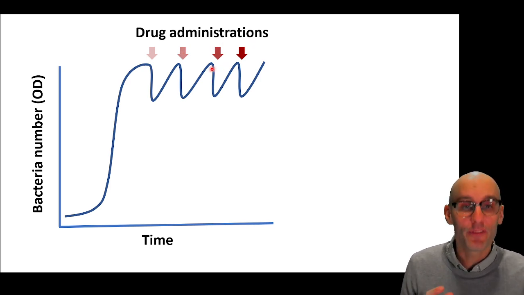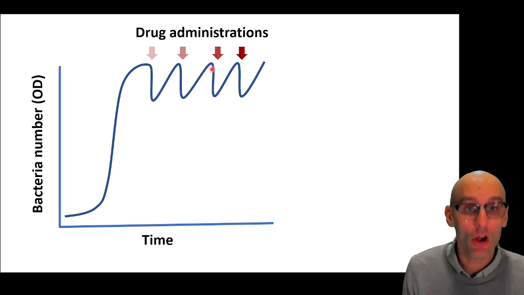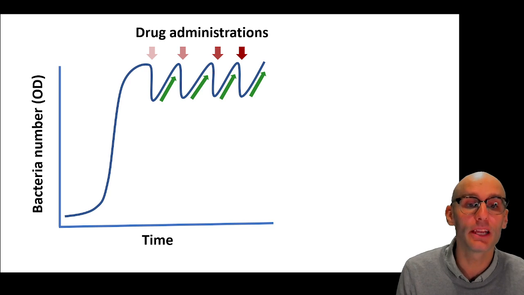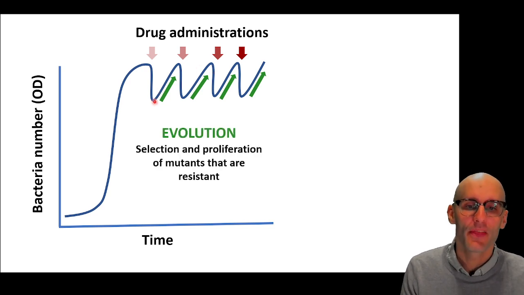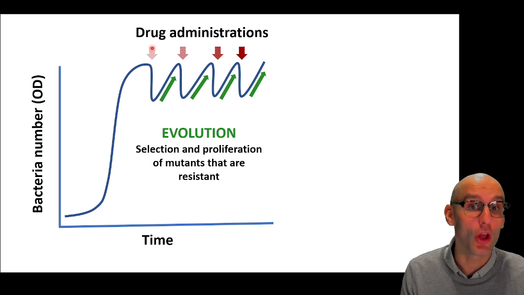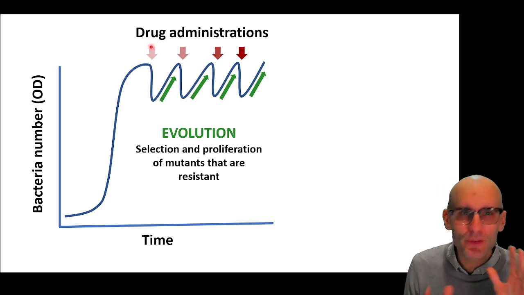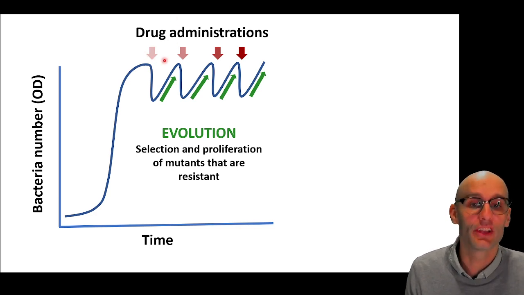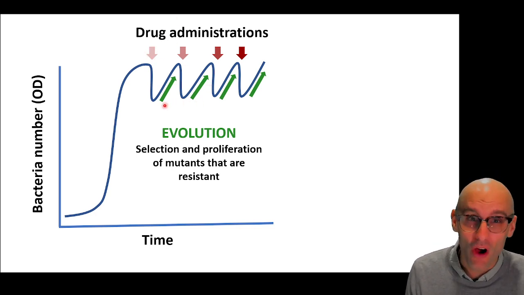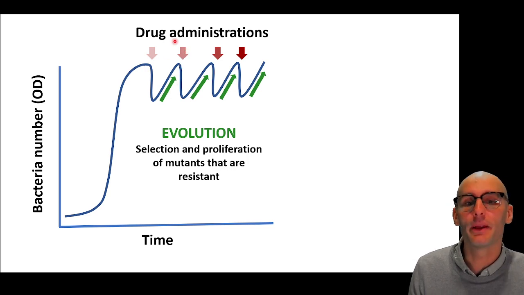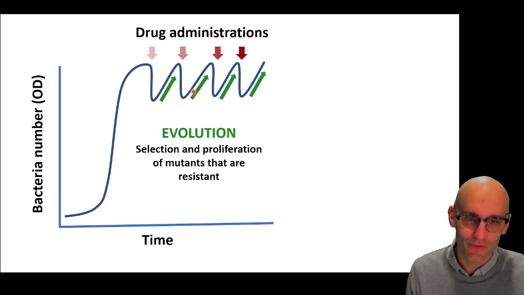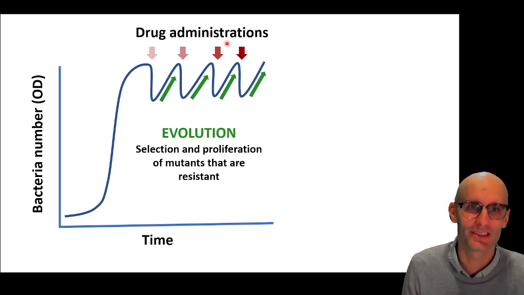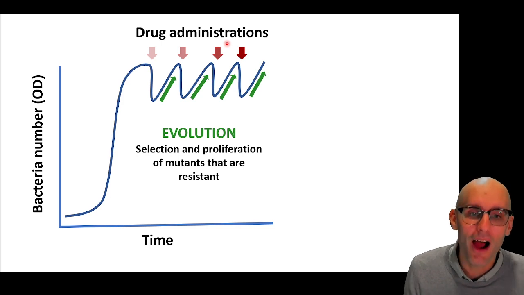And so eventually the bacteria will become completely tolerant and resistant to your antibiotics. And largely this is because of evolution. The bacteria that survived this low dose of antibiotics must have some sort of genetic variant that allows them to be a little bit resistant to this concentration of drug. They will then survive and grow, and then you can administer a higher concentration of the drug and they'll survive and grow. And what we will do is accumulate mutations that improve survival in higher and higher